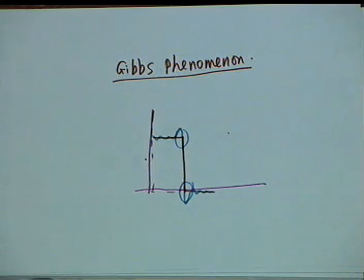This is called Gibbs phenomenon, and it occurs even when the number of terms is infinity. It is a very peculiar phenomenon. In other words, the Fourier series is still not an exact representation of a periodic function. Okay? It is not an exact representation. If the function has discontinuities, for a smooth function like a sinusoid corrupted by third harmonic or fifth harmonic, yes, you will get a perfect approximation.